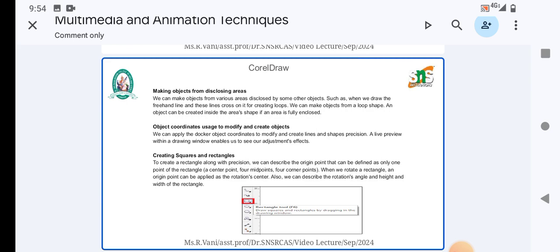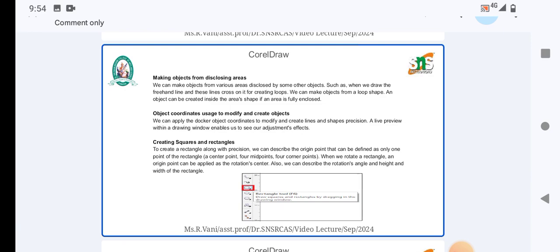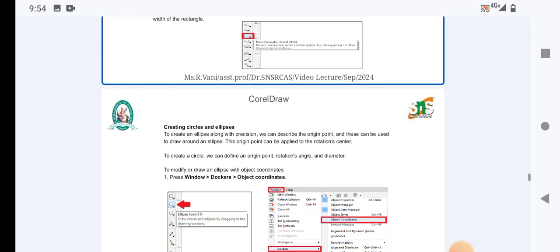Here, that is the rectangle. Using that, we have to select the rectangle and fix the position of the rectangle. We can also resize the rectangle as a square. The next one is creating